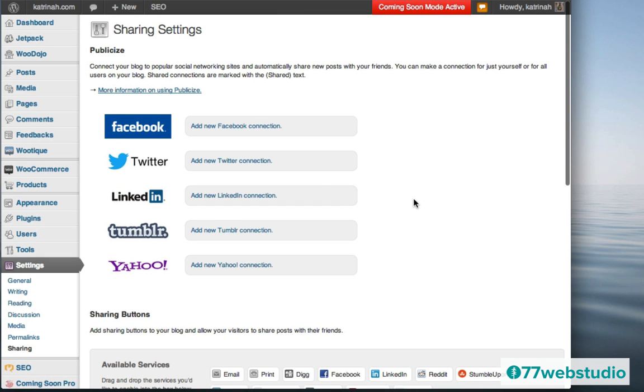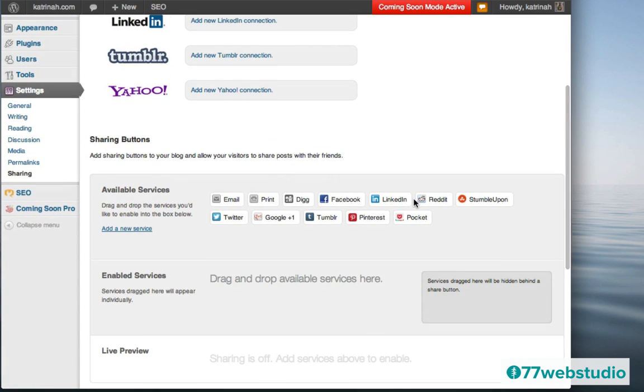Here you can add all kinds of different social network icons that will make it really easy for anyone who visits your blog post or your pages, depending on how you configure it, to share your content on the social web, either to Facebook or LinkedIn, Twitter, Google+, or any of those kinds of social networks.